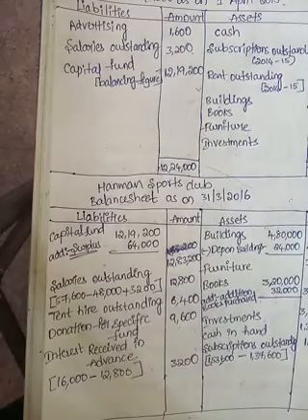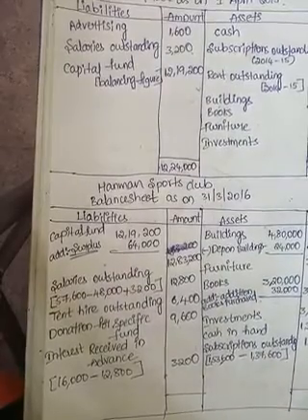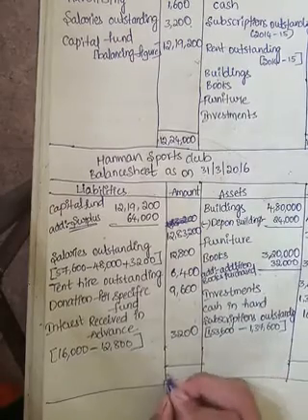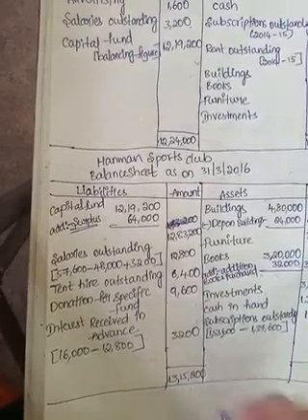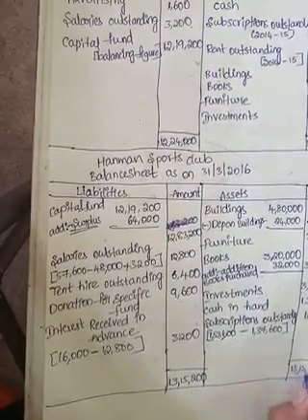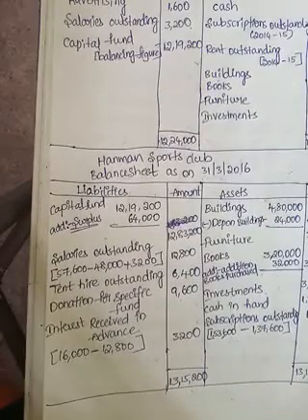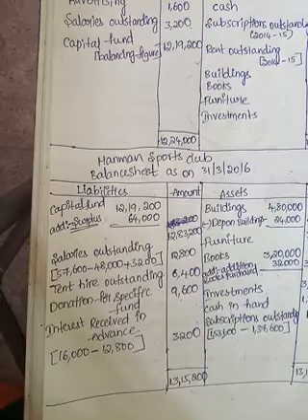Total of the two sides, liabilities and asset side, is 13 lakhs 15,200, and asset side is 13 lakhs 15,200. Okay, this is a problem under this when receipts and payments account with income and expenditure account is given. And next method is